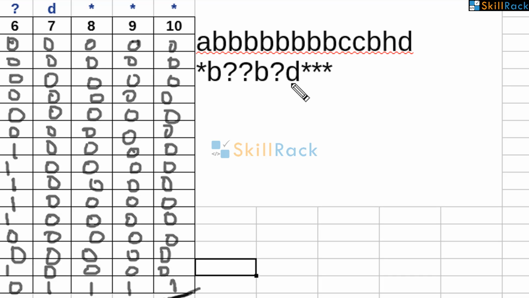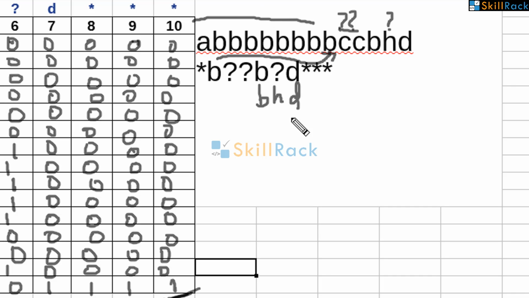So we have B and D separated by 1 character. So that is coming here. So question mark will be there for H and D, BHD. Okay. So the previous 2 C's will be for question mark and question mark. And whatever was there, like this B will match with this B. And whatever was there before will be mapped by the asterisk. So this is a valid one.